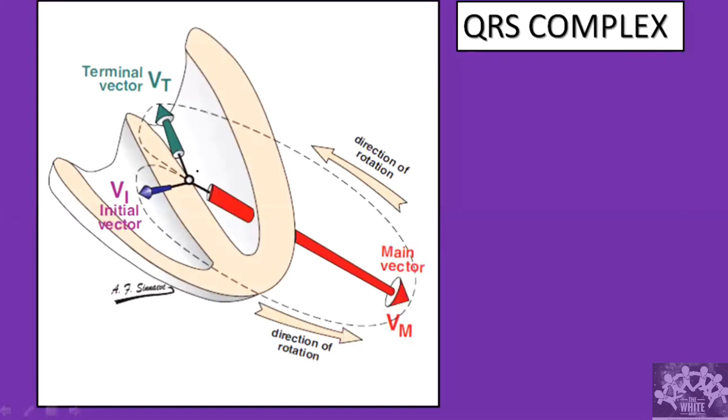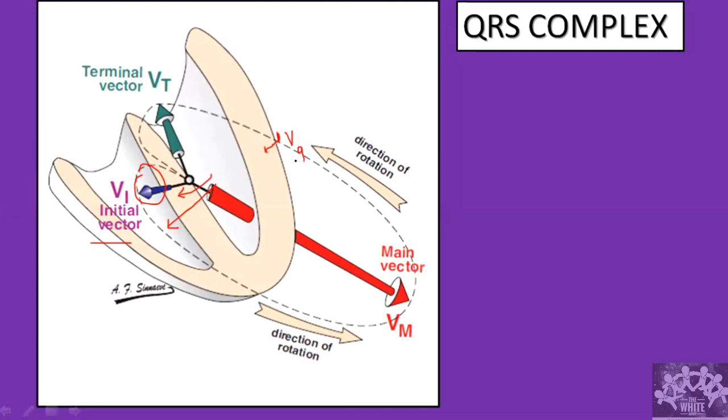So the first wave that is going to be generated is the Q wave. The Q wave represents the septal activation. The first activation is going to be from the left to the right. So let's say I have an electrical window here and a lead here. There's a camera here that is going to see that a positive charge is going away from me. So it creates a negative deflection. So this forms the Q wave.